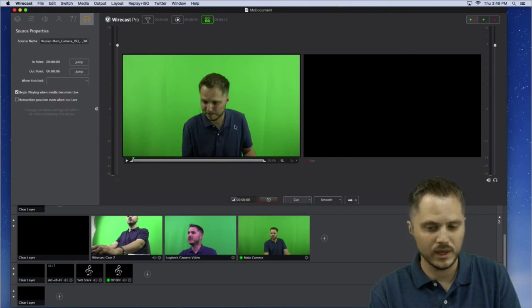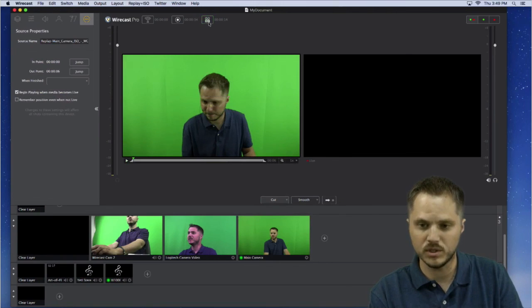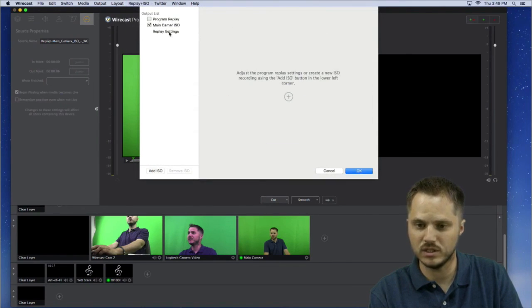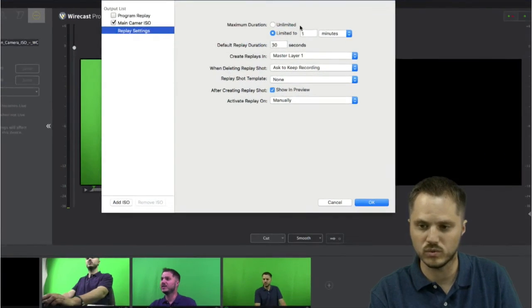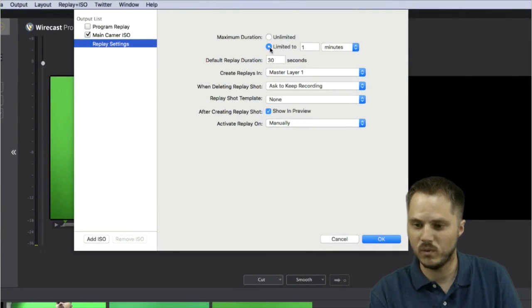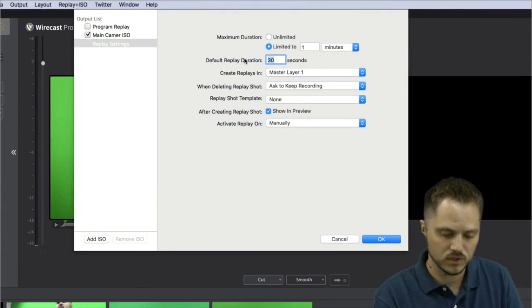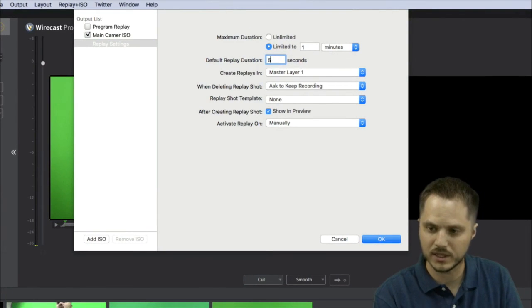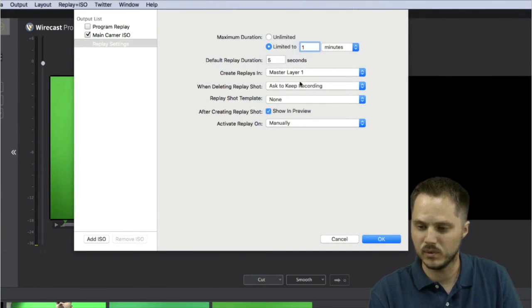Now, the replay settings, I'm going to turn that off for a second, are still in the global replay settings. So you still need to go to the replay settings to make sure those are what you want. We may want to limit the default replay to 10 seconds or 5 seconds. And we may want to limit the replay to 1 minute or so. So those settings should still apply.